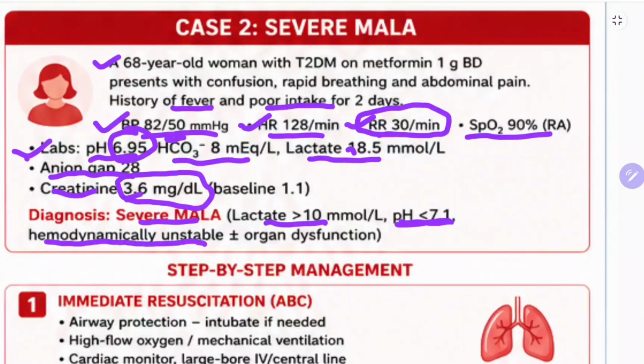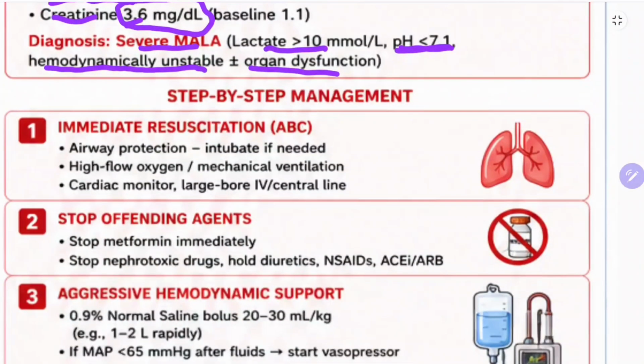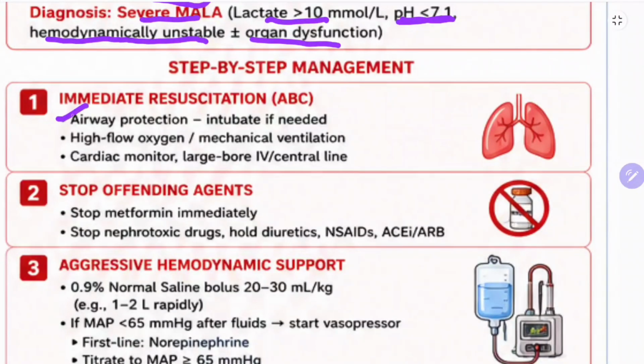Lactate is more than 10, pH is less than 7.1, and there is associated organ dysfunction. What is that organ dysfunction? Patient is in shock. Okay. Step-by-step management: airway protection, intubate if needed, high flow oxygen or mechanical ventilation, cardiac monitor, large bore IV or central